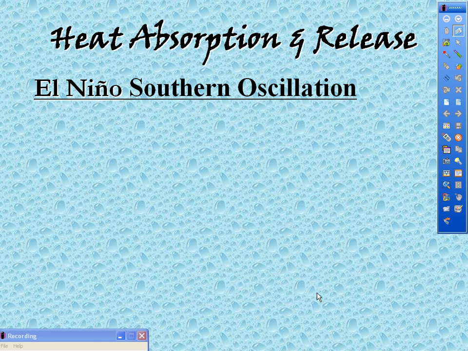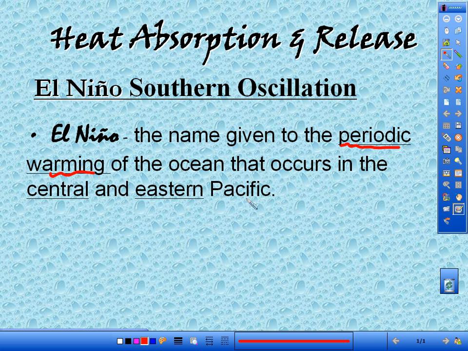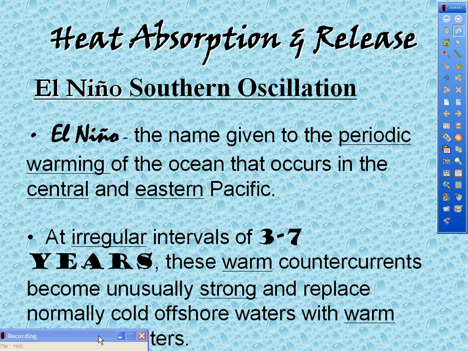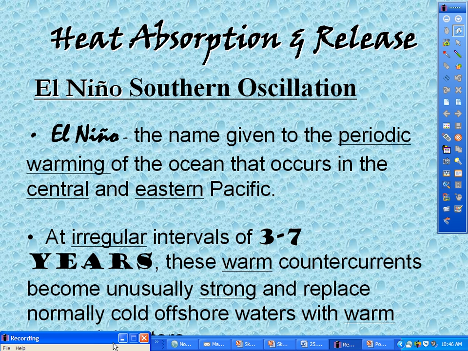Let's talk a little bit about El Nino. El Nino means the child, and its name is given to the periodic warming of the ocean that occurs in the central and eastern Pacific. It's periodic, but it's irregular. Every 3 to 7 years, the warm countercurrents become unusually strong and replace the normally cold offshore waters